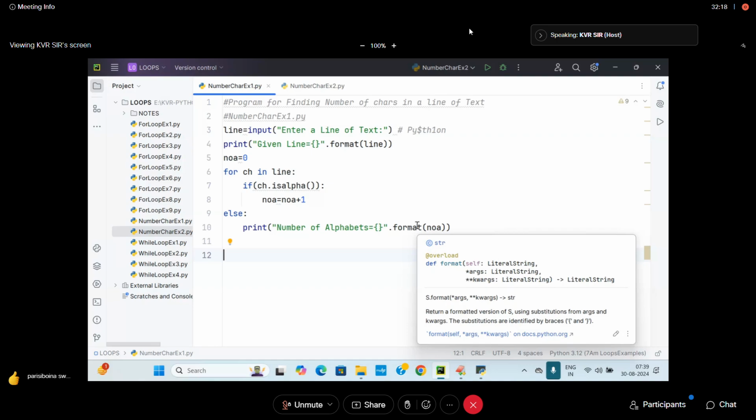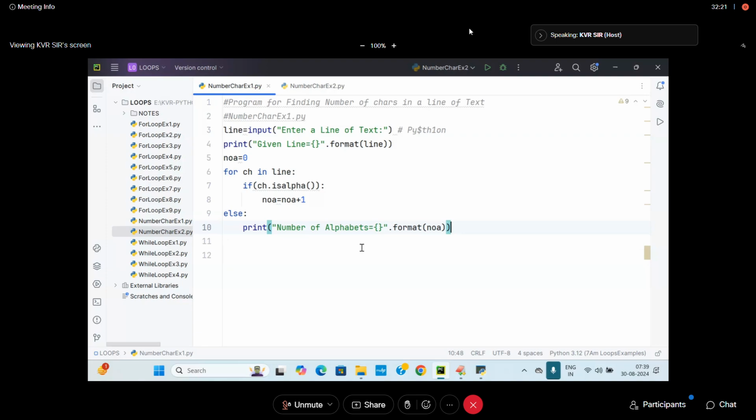You have to concentrate. Next, one more. So do one more. Write a Python program which will accept a line of text and decide